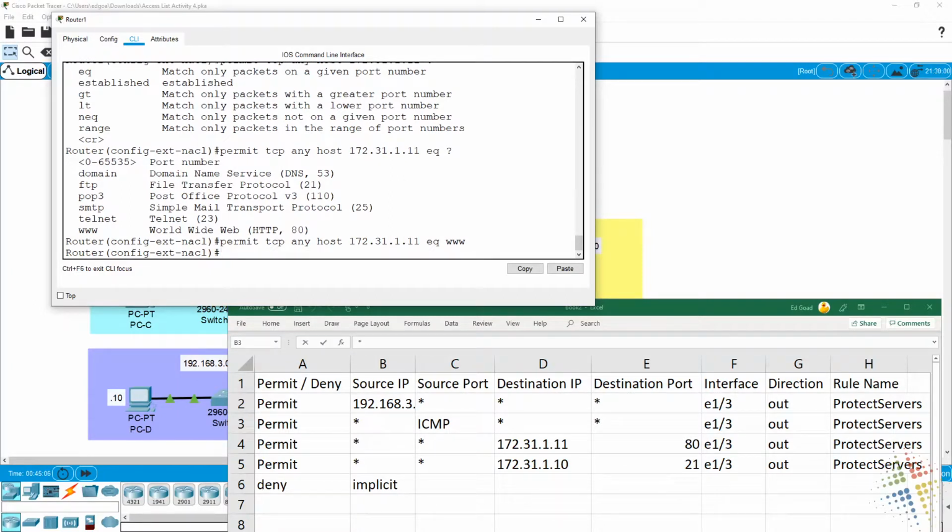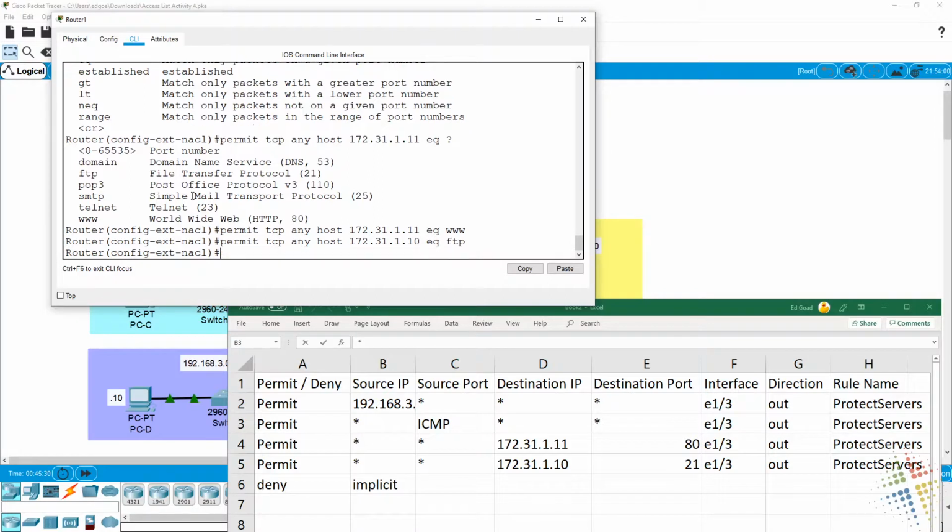All right, rule number 3 in place. Lastly, rule number 4 is going to be essentially exactly what we... in fact, you know what? Rule number 4 is so much like rule number 3, I'm not even going to retype it. I'm going to up arrow, change the 11 to a 10, and then the equal to FTP, and hit enter. At this point, our implicit deny is already added to the end, so we should be done with our firewall